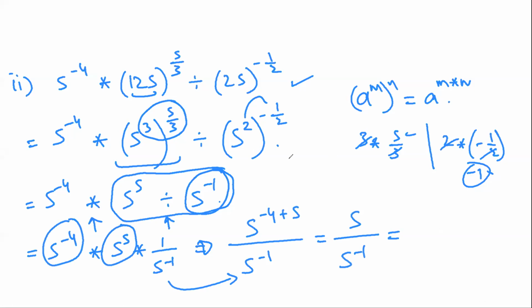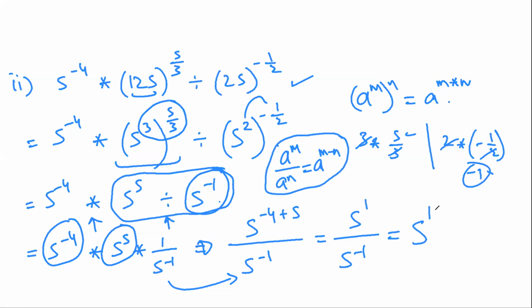The division rule was a raised to power m upon a raised to power n is equal to a raised to power m minus n. This is the law. So I can write this as 5 raised to power m, which is raised to power 1. There is an invisible 1. So this will be equal to 1 minus 1. This will be equal to 5 raised to power 2. So 5 raised to power 2 is the final answer. I hope you have understood. Let's move on to the third question.